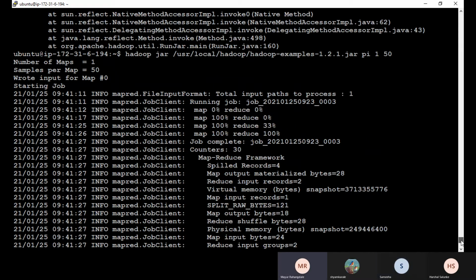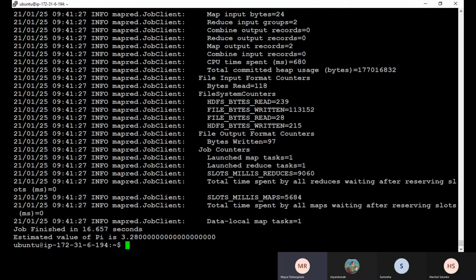Do one thing. Select 1 as the number of maps and the number of samples 1000. Maybe it is all dependent on the number of samples. The more samples you take, the more accurate it is. Yes, 1000.